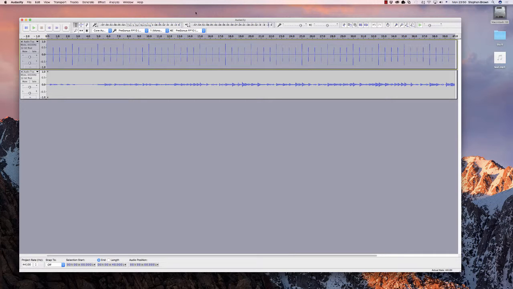But now we want to add a second track. So this is where having the headphones on is going to be important. You want to have headphones on. You don't want this audio to be playing and be picked up by your microphone, but you want to be able to hear it and play along with it. So when I click record again, it's going to start